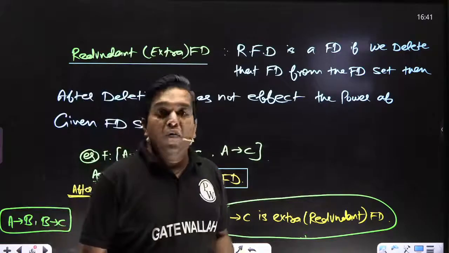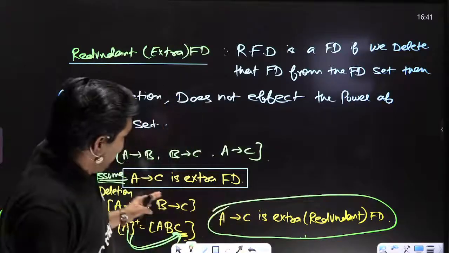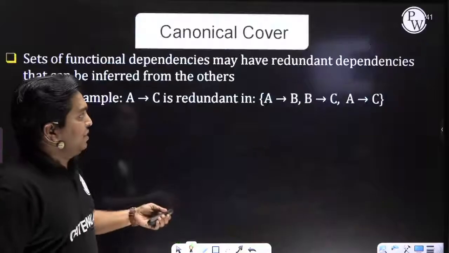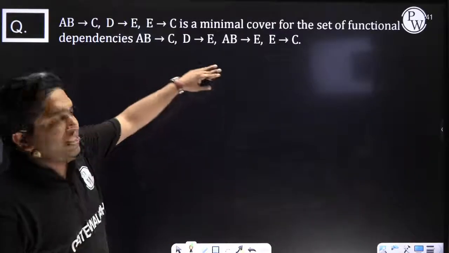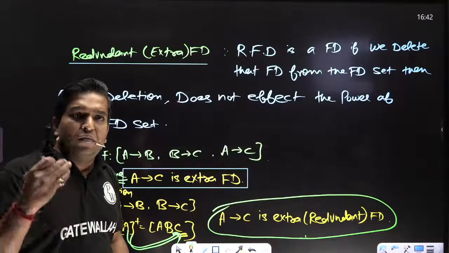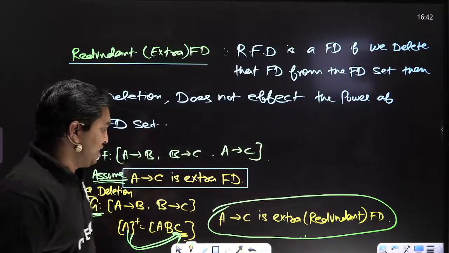Now, sir, how do we check? Sir, you are very smart, directly you pick A tends to C. But sir, if a different one is given, then how do we check? First of all, I am telling you what the minimal cover is and how we directly check. I will give you another approach, then I will go to the procedure.